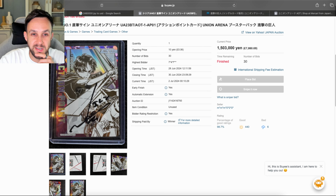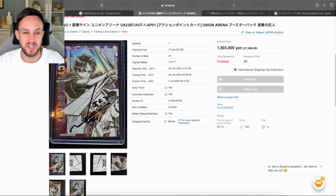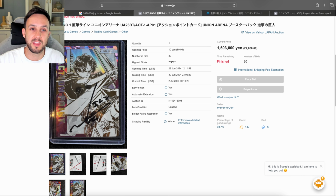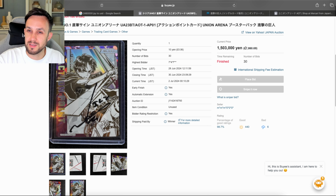We've got the Eren 001. So both 001s have surfaced of both cards. These are going to be the most expensive serial numbers of the cards, and we've got a sold price here of 1.5 million yen. So he actually sold publicly. This auction was very quick as well. It was literally up for 2 days, and that sold for 1.5 million, which, in UK currency, we're looking at